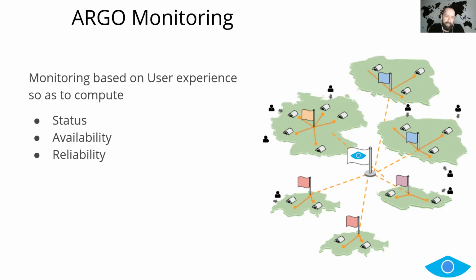That's one really important thing, and I will repeat it later on: Argo focuses on status monitoring. Argo is not your fabric monitoring solution. Each of these little sites, little tents that you can see, are expected to have their own internal fabric monitoring. A very, very long time ago, with a different group of people, we were actually planning to integrate the site's fabric monitoring system in this big system that was supposed to provide availability and reliability. Our whole idea was that we would enrich it with the fabric monitoring data, and people would have a better view.